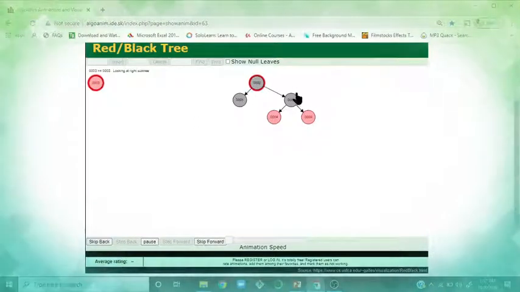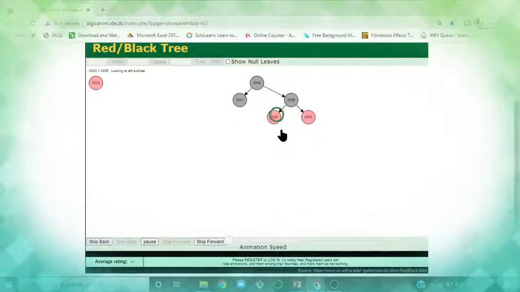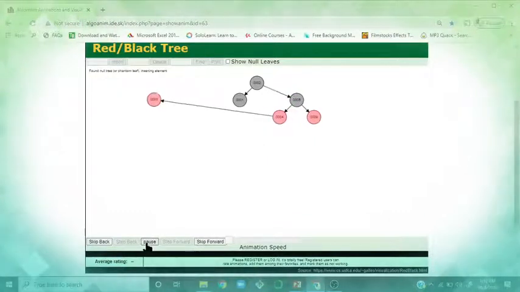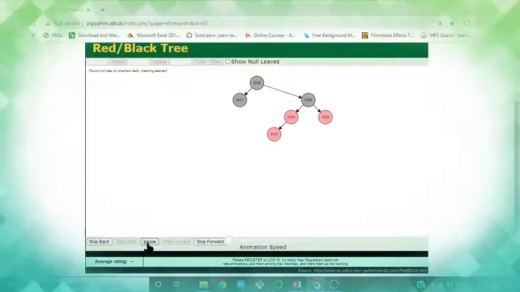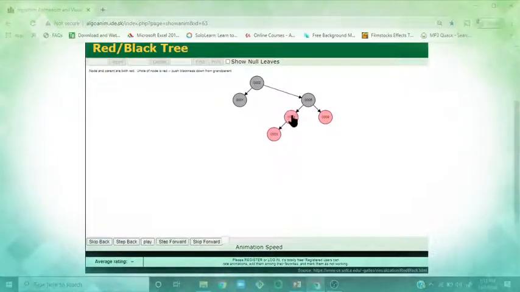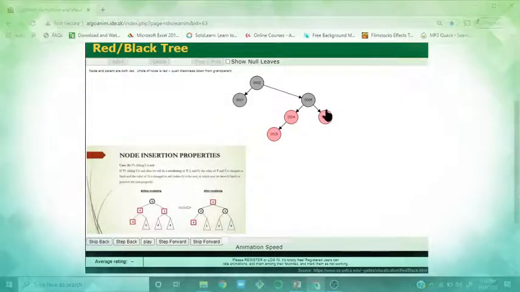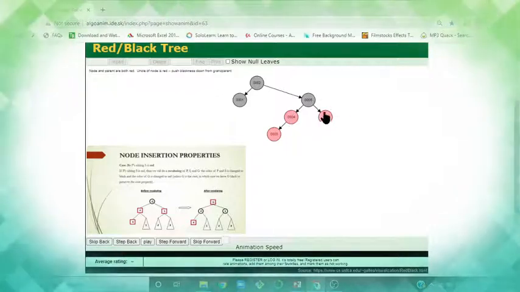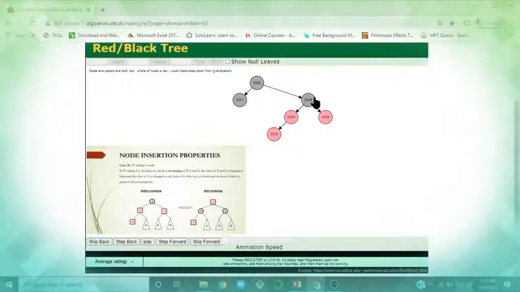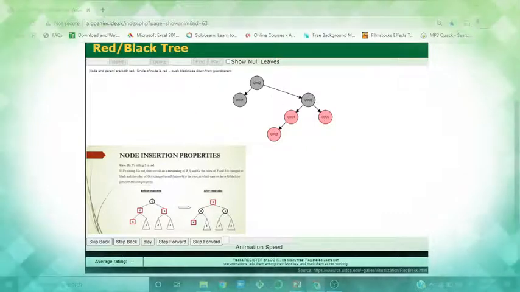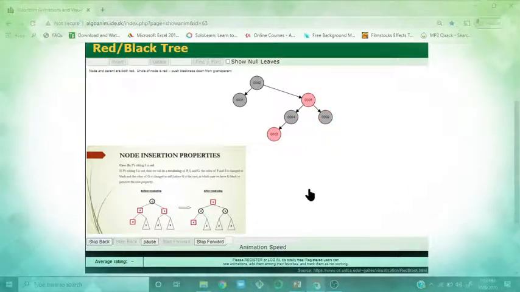And let me insert one more, 3. It's greater than 2, lesser than 5, again lesser than 4. After inserting, you can see again it's violated. Parent is red color, and look for the sibling. It's available but not in black color. If it is in black color, you go for a single rotation, but it is available and it's in red color. So it's quite simple. You don't need to go for any rotation. Just turn this into black and turn the parent as red. That's the property. Simple.